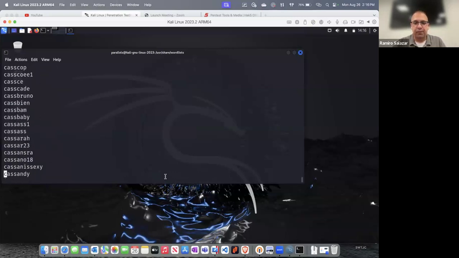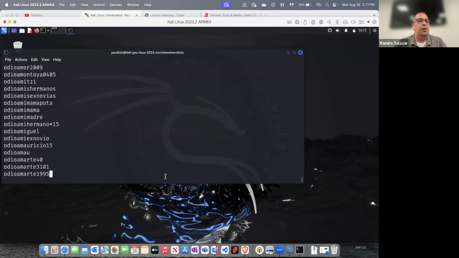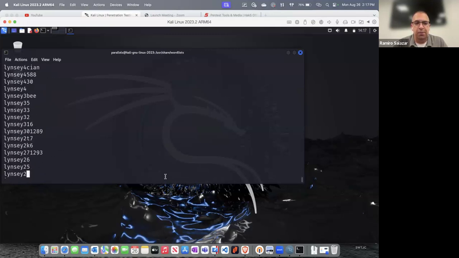All right. I can let this go for about 2 or 3 minutes, and it still won't get to the end of this file. But a lot of these are what people use in passwords. Usually you'll find names of people followed by certain numbers. Sometimes you'll find profanity because people like to use profanity and vulgar language in passwords.